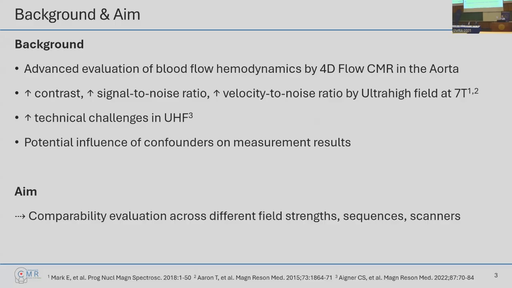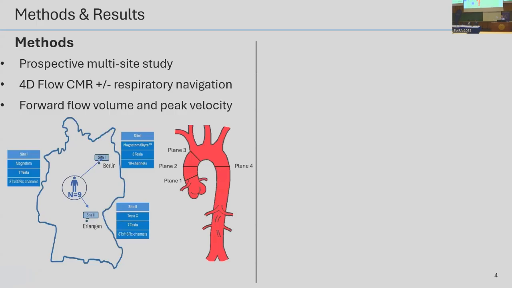These factors could have a notable impact on measurement results, and we need to know this before going into patient studies. So this was the aim of our study, to evaluate the reliability and comparability across two sites with different field strengths, standard configurations, and acquisition sequences. Therefore, we performed a prospective observational multi-site study with 9 healthy traveling volunteers, which underwent 4 4D flow scans in total,